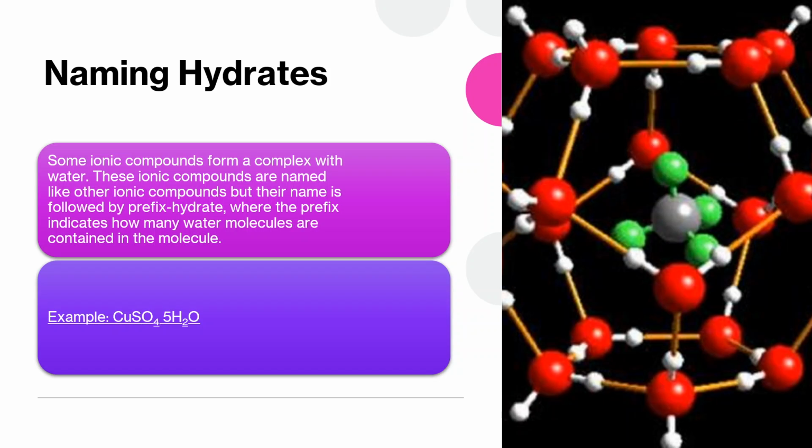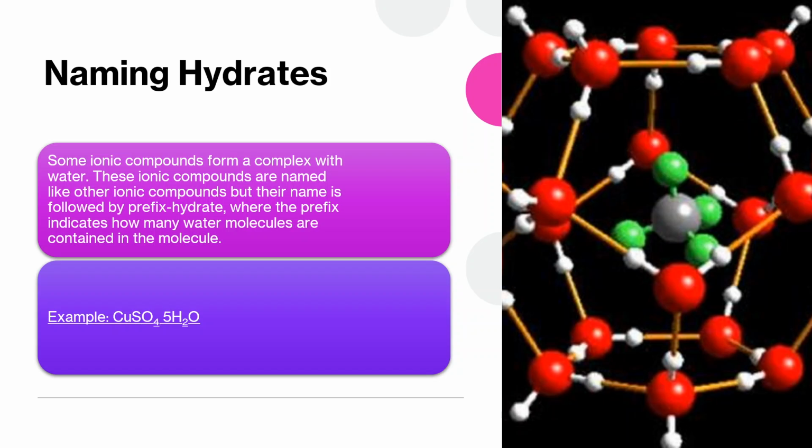And basically what happens is some ionic compounds form a complex with water, and we call that a hydrate. So how we name these is the ionic part of this compound is named like any other ionic compound. But what we do is we put basically a prefix hydrate on the end to indicate that it's a hydrate and not just a regular ionic compound. And the prefix is going to tell me how many water molecules are contained. So for example, this one below here,